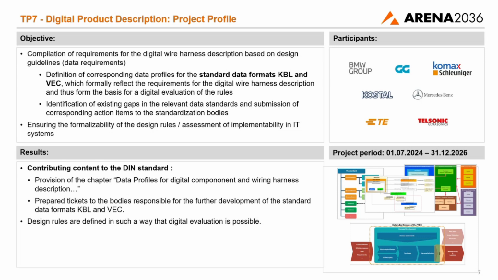And if information is required that is not already available in those standards, identify these gaps and submit actions, issues, change requests to the standardization bodies. That is the one aspect of the working